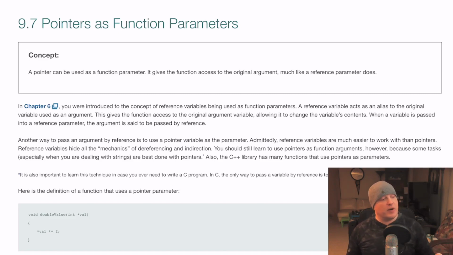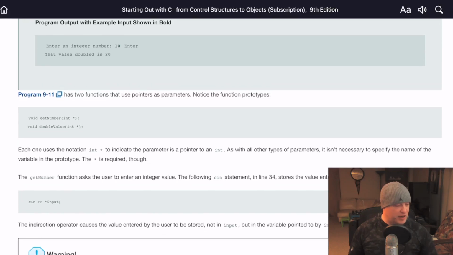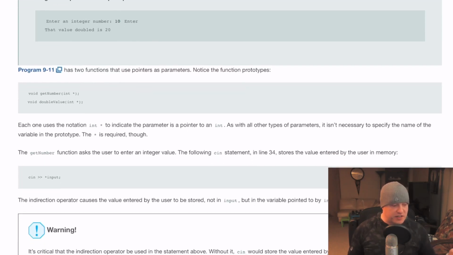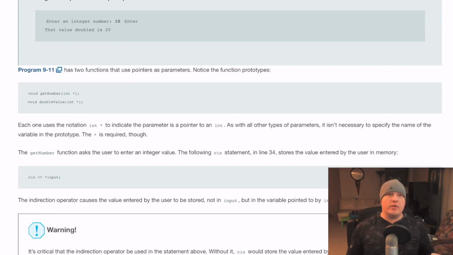The thing I really wanted to point out here in 9.7, I believe this is on page 524, is this little warning box here. You can see up that way the code that we have for this. We are entering an integer. That integer is actually a function call that we're making to be able to enter the integer. And then we are going to double the value of the integer we added and then output it.